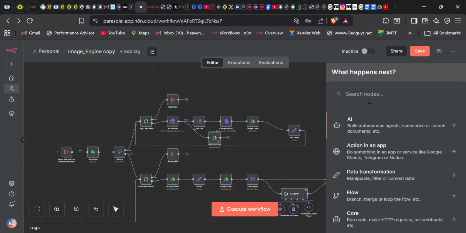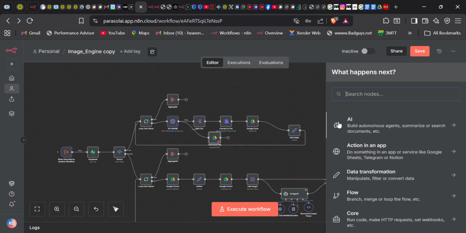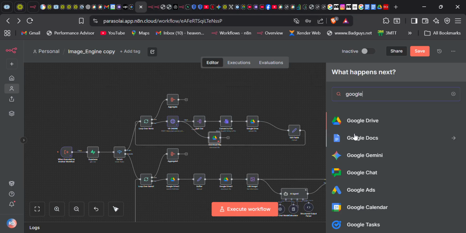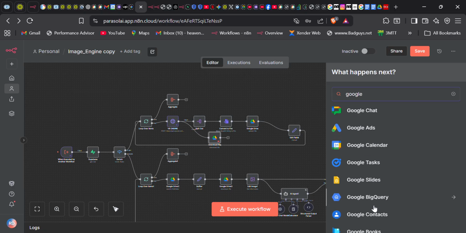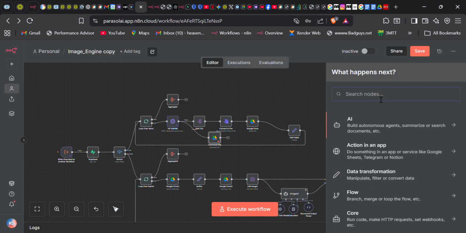And now when you talk about YouTube, you should know that YouTube is owned by Google. So the way to authenticate it is the same way you authenticate any other Google app. That is any app that has Google in it: Google Drive, Google Docs, Google Gemini, Google Ads, Google Calendar. It's all the same way for you to authenticate it. So let's start with Drive, then we'll use the same method to authenticate YouTube and other apps so that you